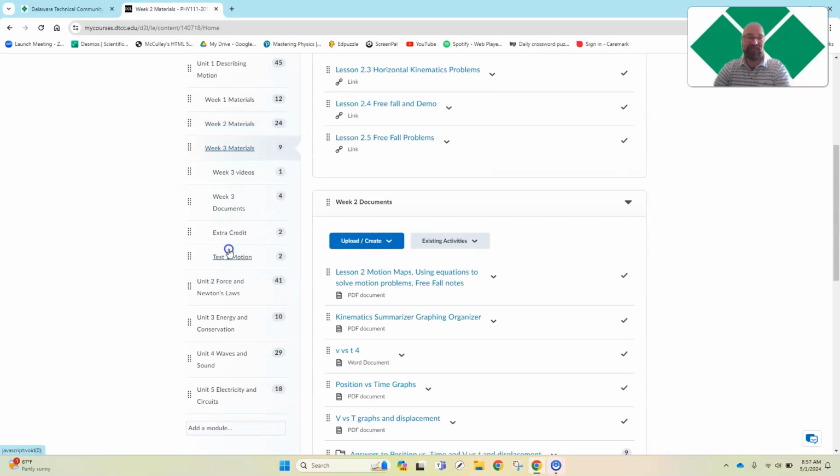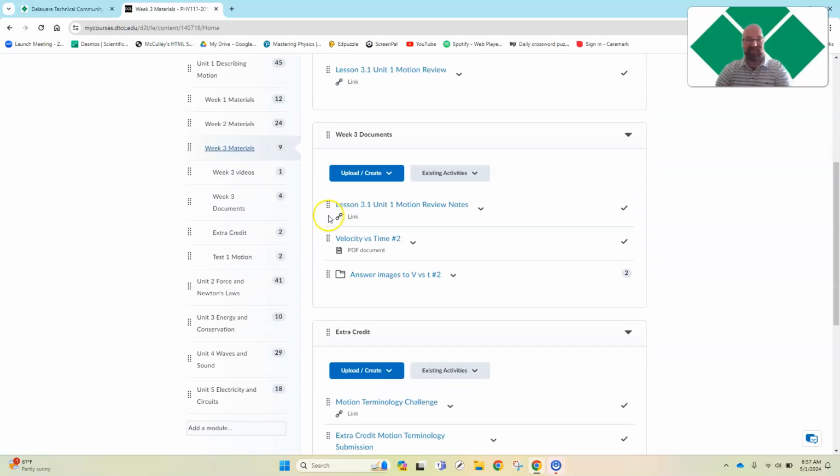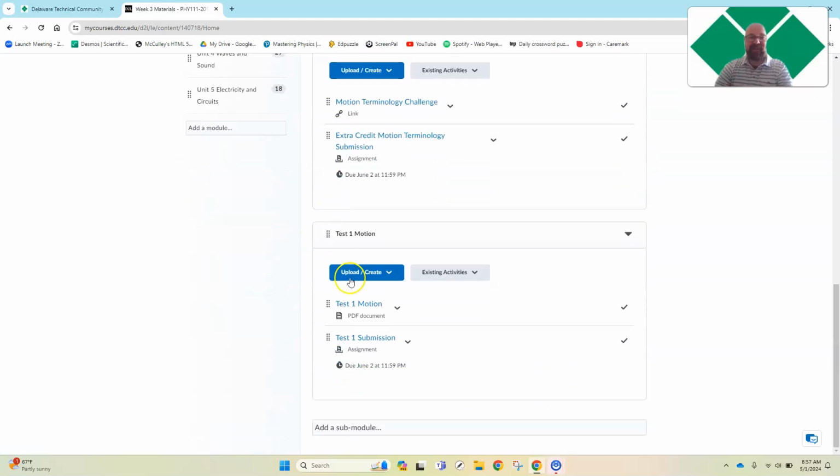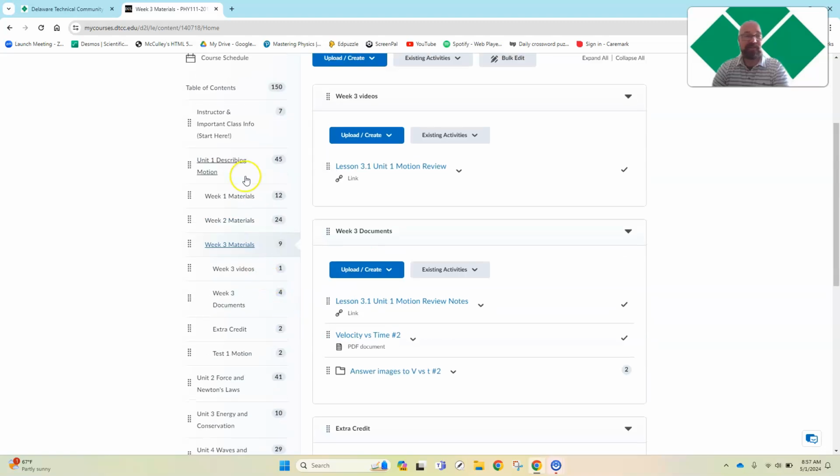Week 3 is the first test, and that is all ready to go for you. The test is right here. It is open, so if you wanted to work through this at a faster pace than what I prescribe, that is fine. But I've broken it up at a reasonable pace. If you have things going on, you can work ahead. But if you follow the timeline, it's to guide you to get through it without stressing yourself out too much, hopefully, during this condensed 10-week time period. So that progresses all the way through the class.